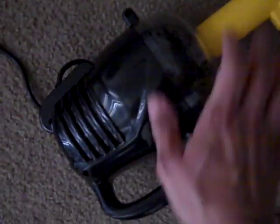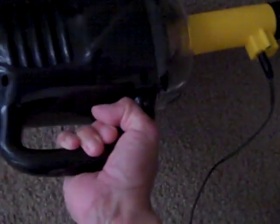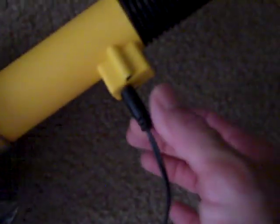I do have an Oreck canister vac that I've always used, but I decided to go ahead and get the Flowbee vac. That way I can just keep it attached at all times, and it actually is a little bit more powerful and works better. Now you need to plug in your vacuum in one outlet, and then you have to plug in the Flowbee piece itself. There's a little adapter right here, and that goes into the wall. There's a piece with like a transformer. And then the next thing you have